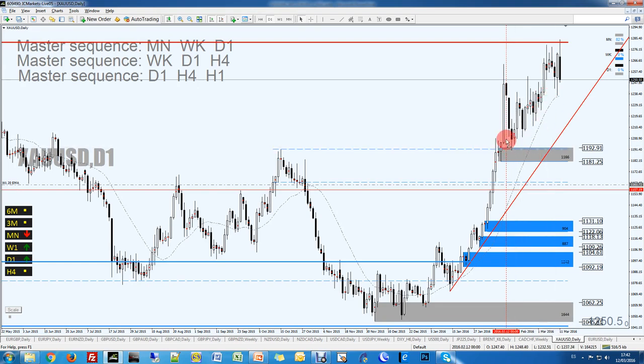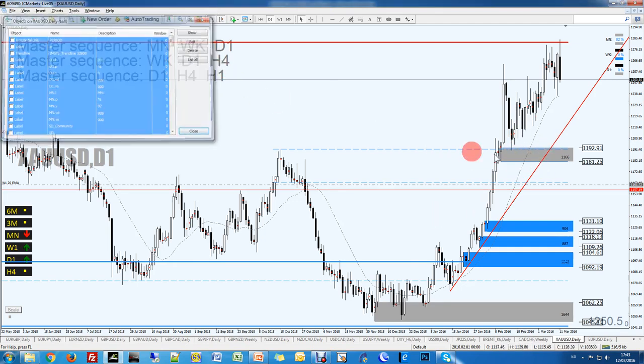So this is how we would use and switch from this area to this area to this sequence, to drill it down to a lower time frame sequence, a nested sequence. So there is always a sequence within a sequence. So it is up to you to decide which sequence to use, and when to switch to a lower time frame sequence. Let me clean all this up a little bit.